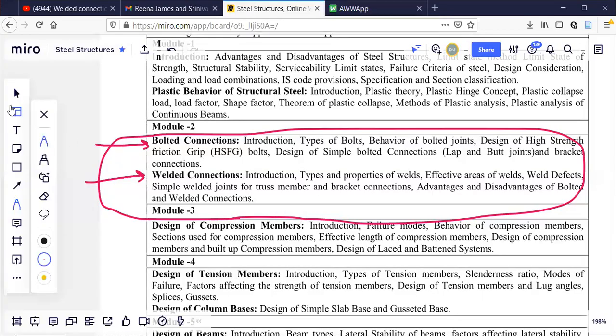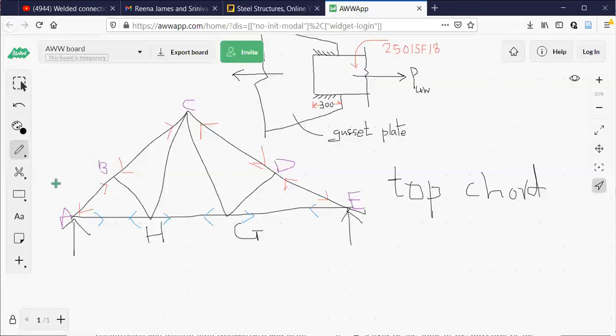When you look at the syllabus, this is what you should understand. Once the bolted and welded connections are over, we are going to start compression and tension members. This truss itself gives you some idea: there are tension members because these members are subjected to tensile forces. Top chord members are subjected to compressive forces.